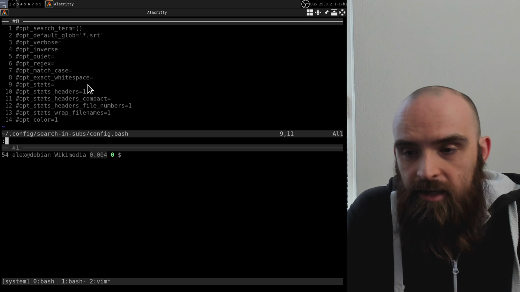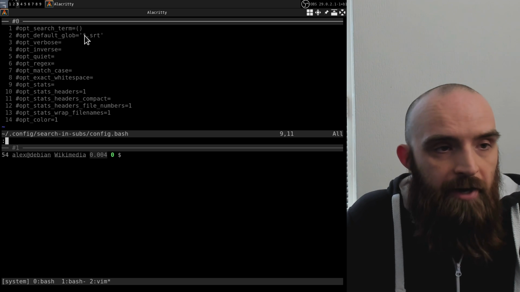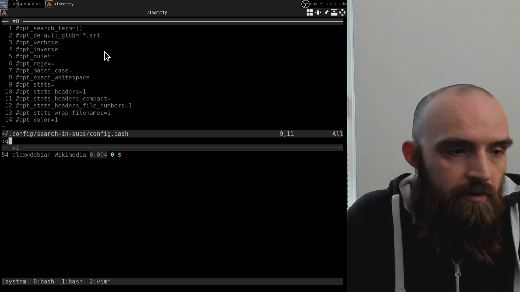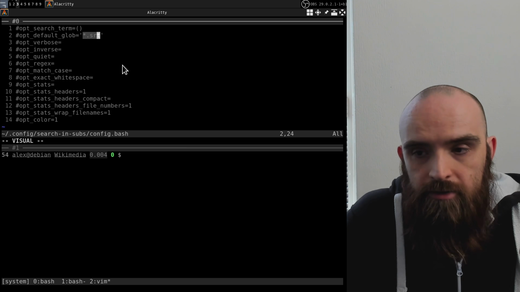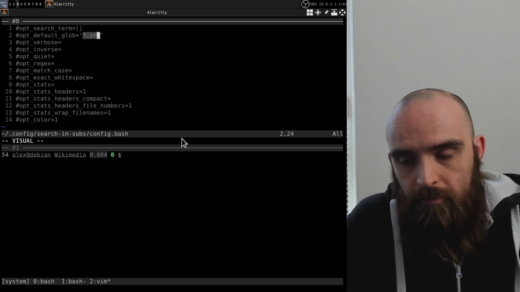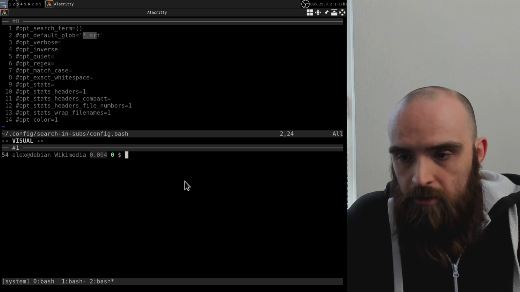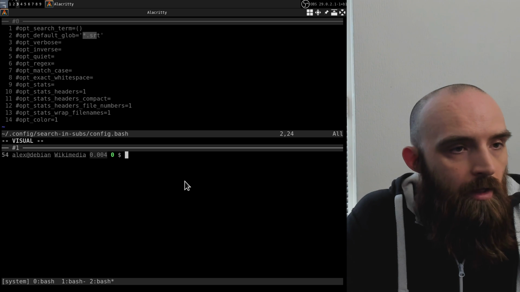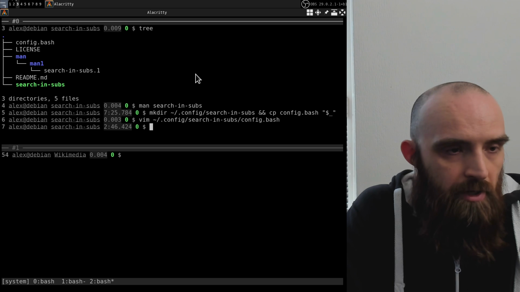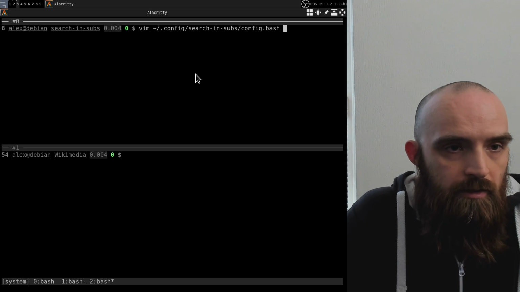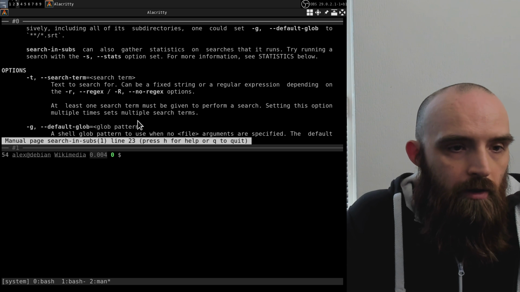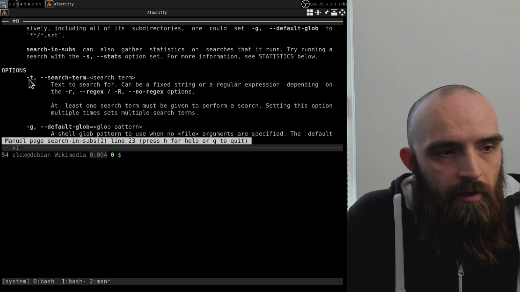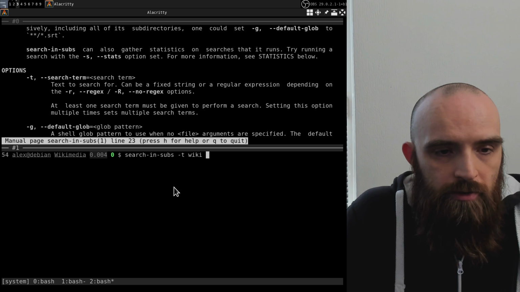But yeah, this is the idea. You can pretty much set up any glob pattern that you want, but this is probably what you'll use most, either the current directory or all directories under the current directory, and match all of the subtitle files there. Okay, I kind of jumped all over the place with this, but I hope it made sense. Let me open up the man page again, and let's take a look at some other options that we have here. So, we covered the basic usage,